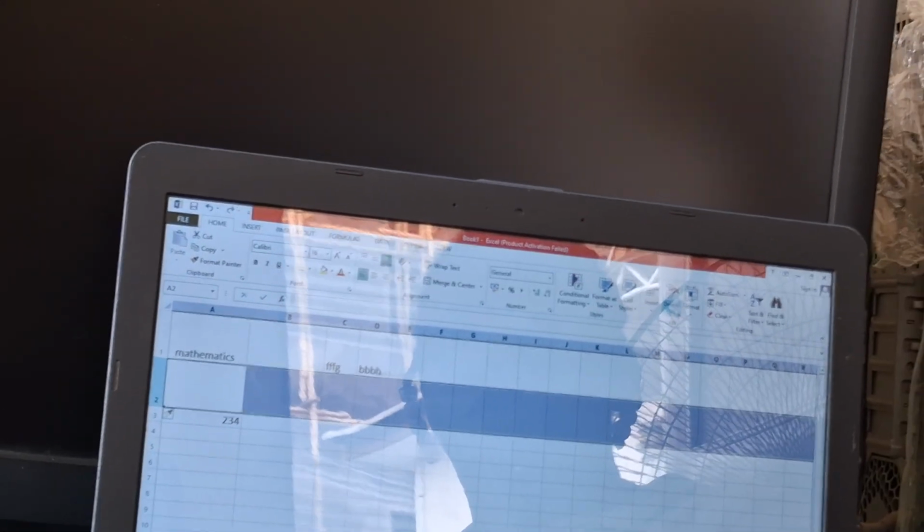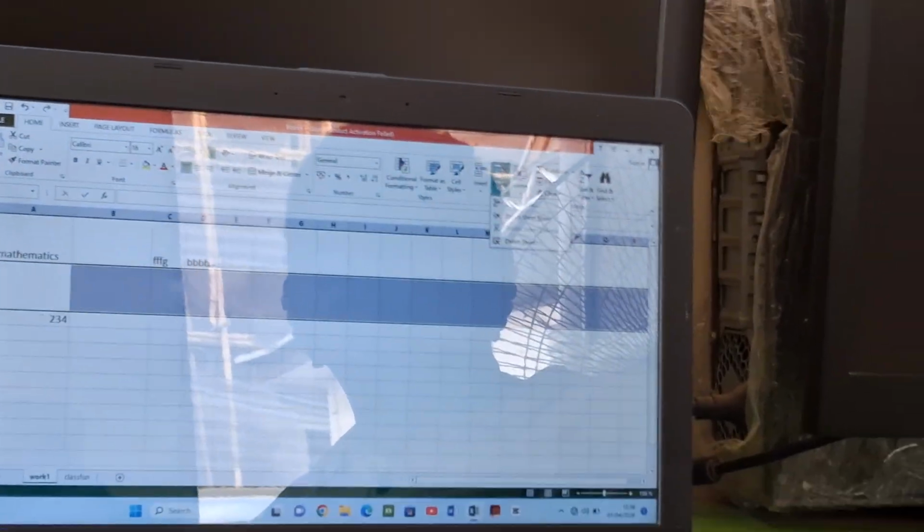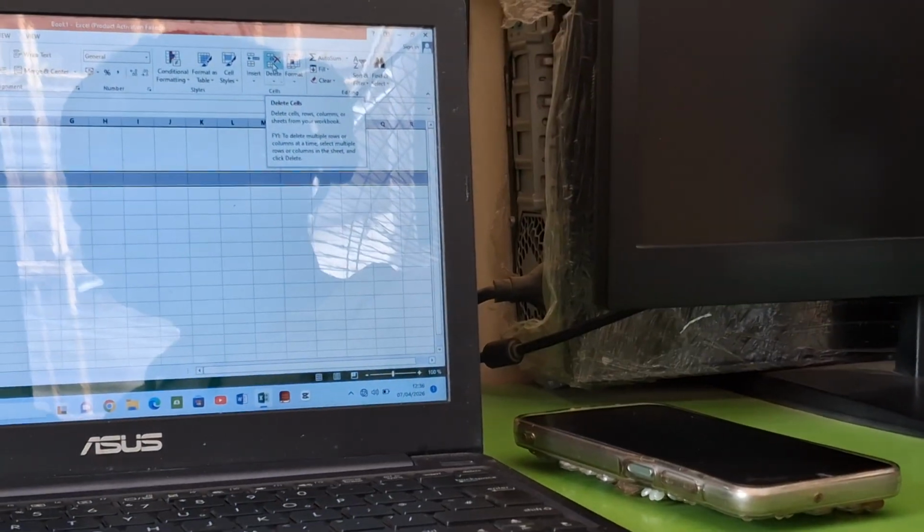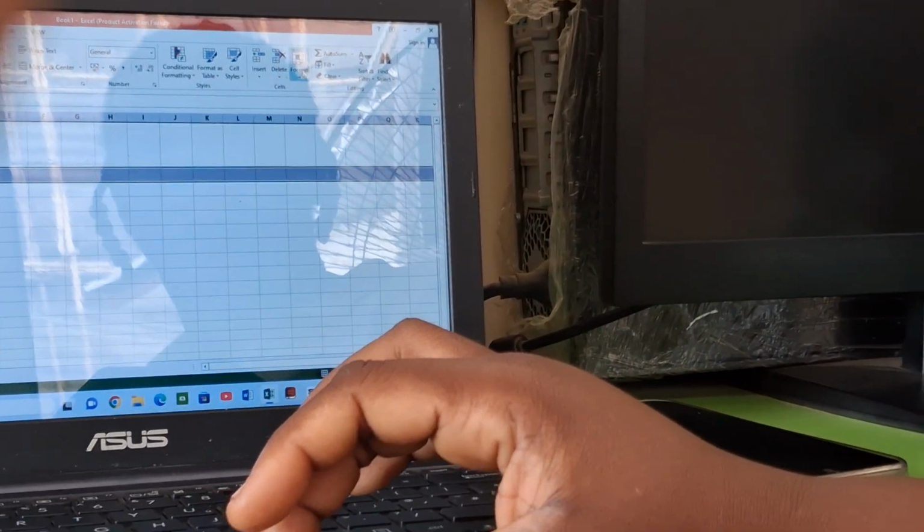That's inserted now. So then you can delete a cell. You highlight that particular cell, then you click on delete. Can you see it has been deleted? I want a good job. So you can